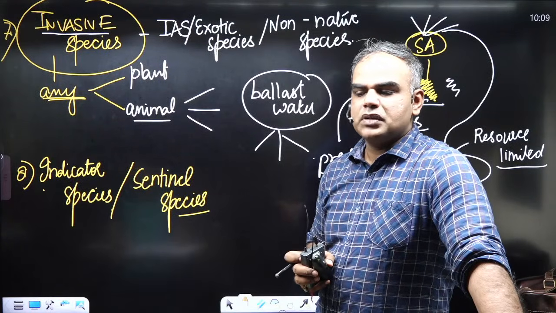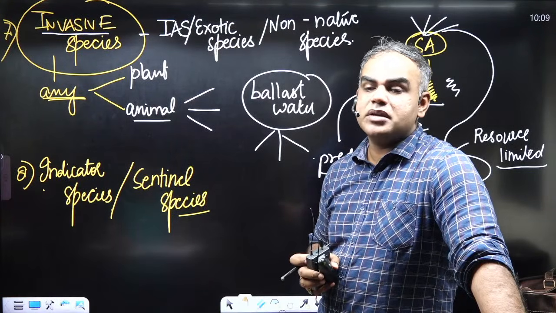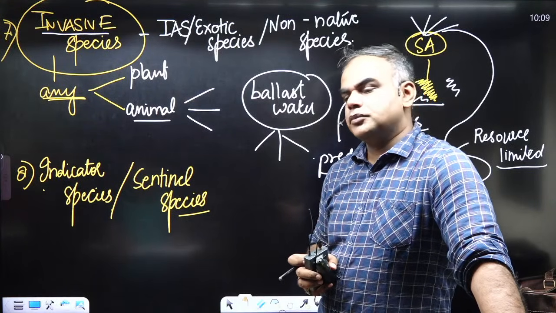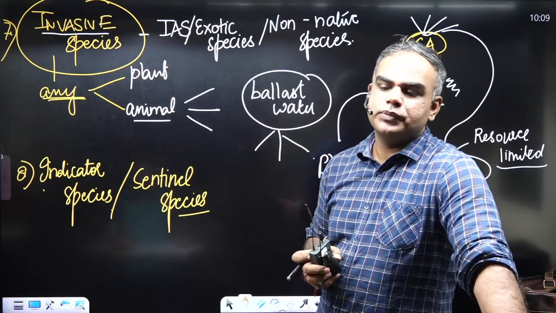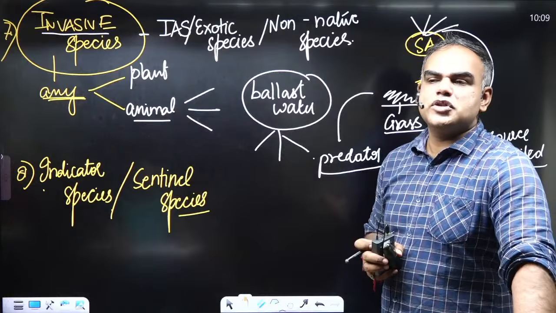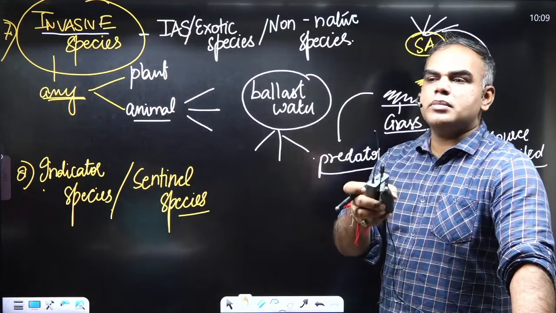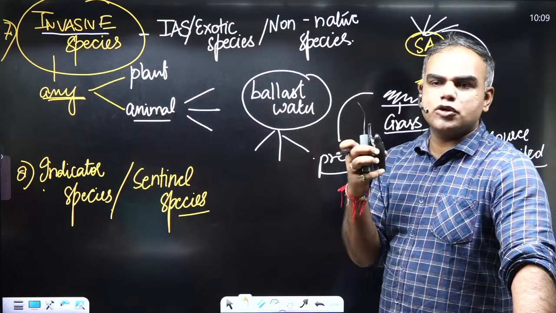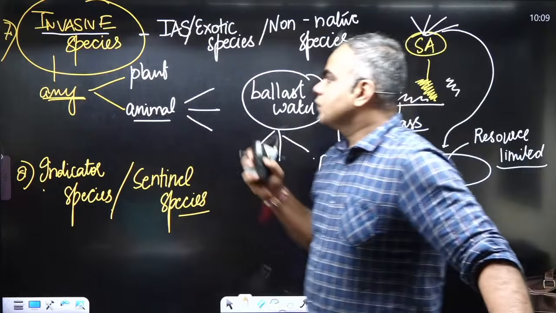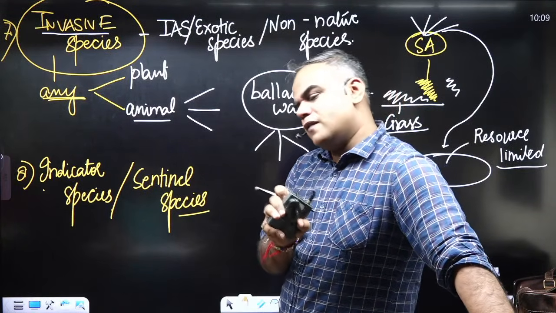Then you can also write, in very rare cases, they can also be because of migratory patterns, where long distance migration is also included. There are very few species that do long distance migration, but of course even through this they can come, and if for some reason they stay here, their population can also increase. Fine. So we saw some basic sources. I can even give more, but for now this is good enough.